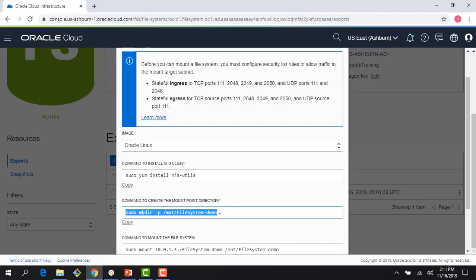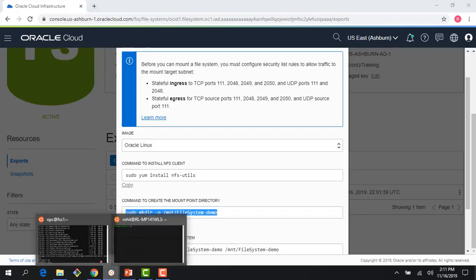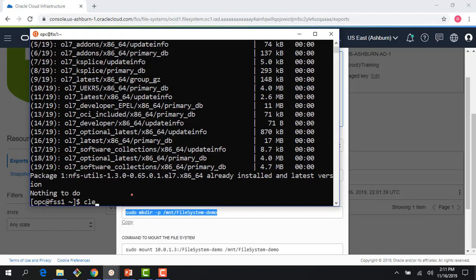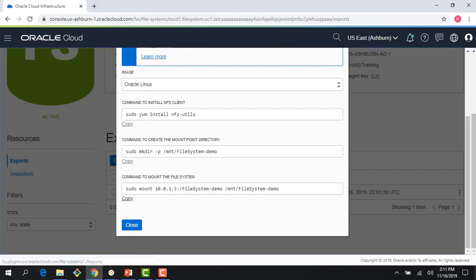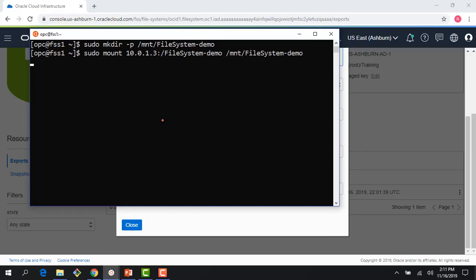So it looks like it's done. Let me just clear the screen. Let me just create a local mount point, pretty straightforward. And right here, I'm going to mount the file system. And bingo, there we go, right? So now if I CD into my local mount point,